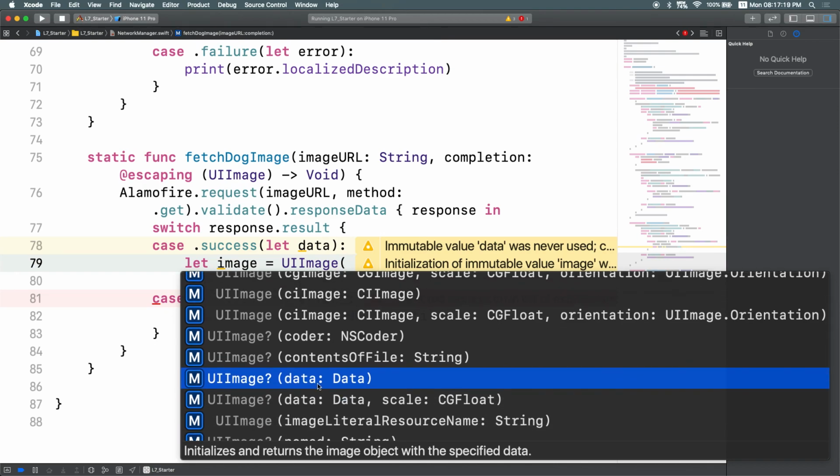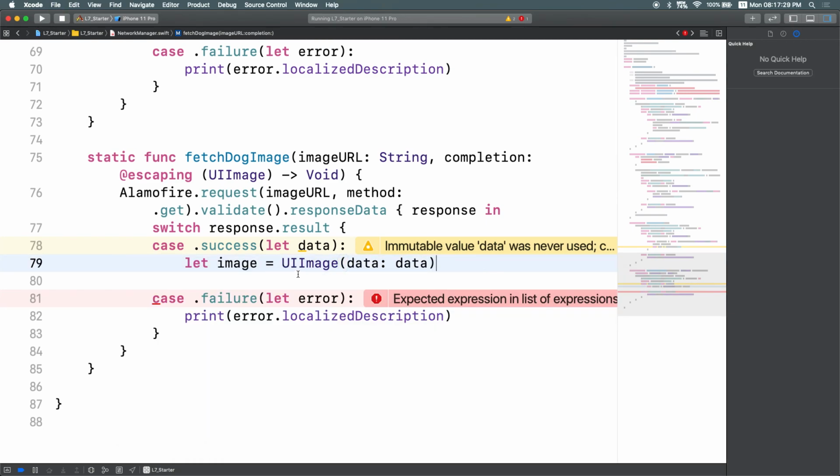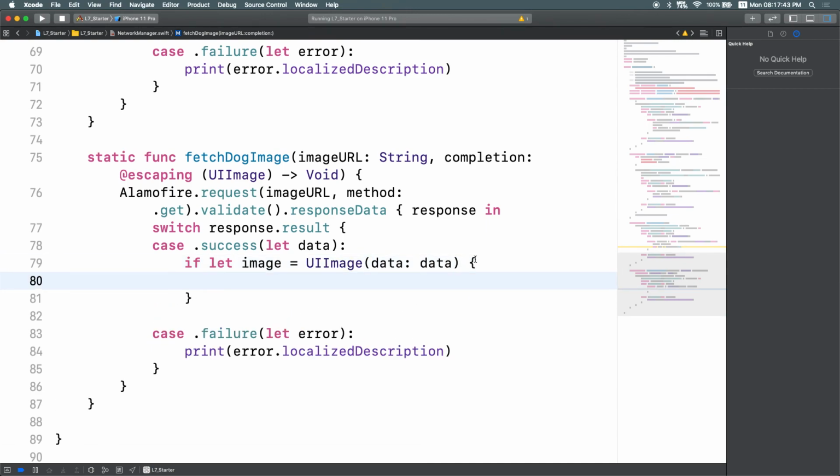So this is the one we want to use, because all we know about the response we got back from the internet so far is that it's of type data. And then we're going to pass in data. This is actually going to return an optional type, because we know what we're passing in, but Swift doesn't know if this is going to succeed or not. So we're going to do if let to make sure we do this without